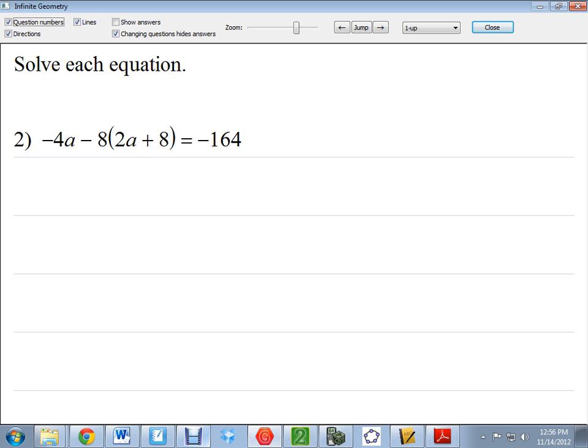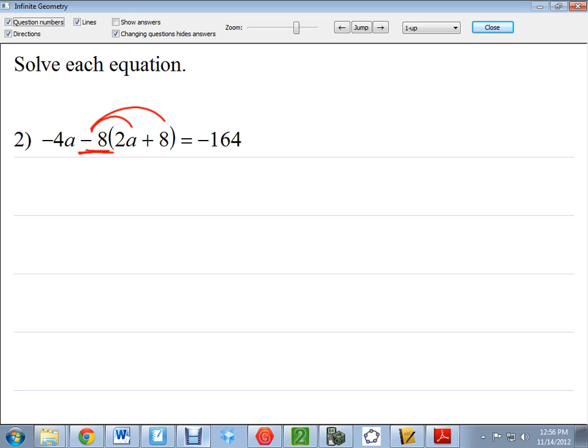What is the first thing you would do if you looked at that equation? Distribute the 8. Now that is not just a regular 8. What is that really? Negative 8. Make sure that you're paying attention to the negative sign that is in front of the 8